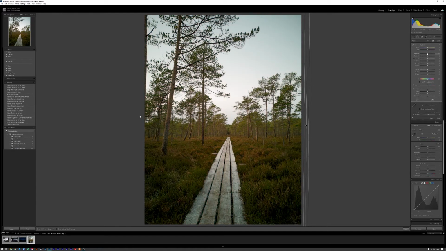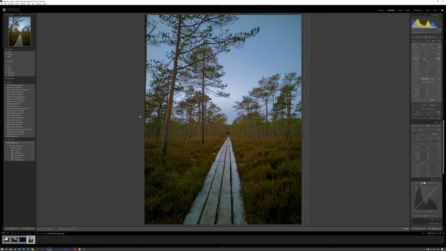What I can do here now is I'm going to bring the exposure down slightly because I want to lessen the brightness of the sky. So I'm going to bring the exposure down by -1, and I'm going to add a bit of blue in there, like so. So I'm going to bring that blue down a little bit. I am going to add a bit of texture in there, and I'm going to add a tiny bit of shadow, which is a bit of grey, and I'm going to bring the highlights down, which is going to bring in more of that blue.